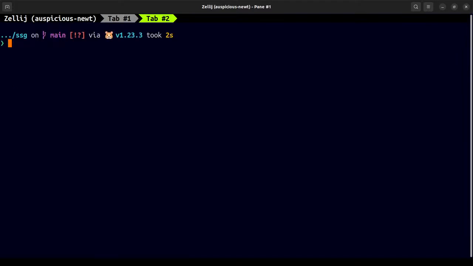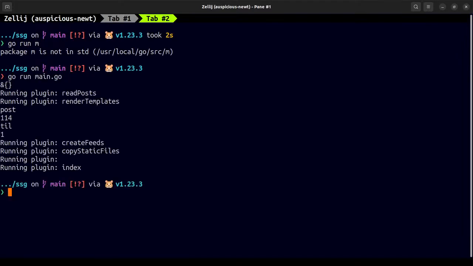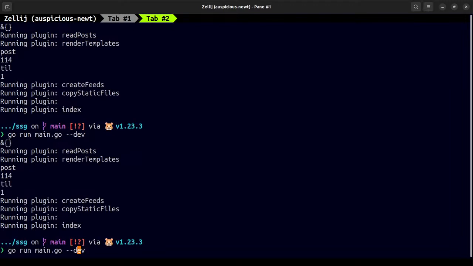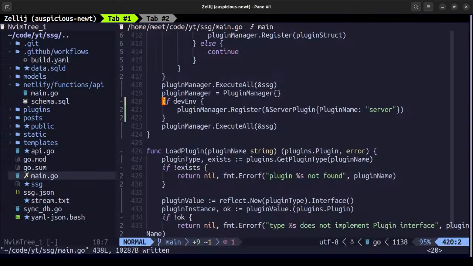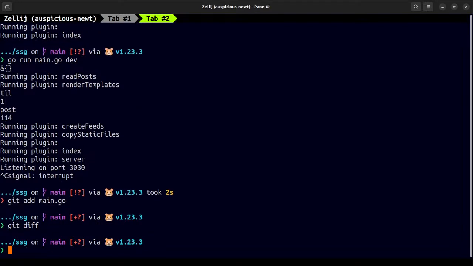So hopefully, let us do go run main.go, and this will just run this. If I do a dev, how do we do dev? Okay, so that works now. So that will be the change that I require. So git add main.go, git diff, git commit, and